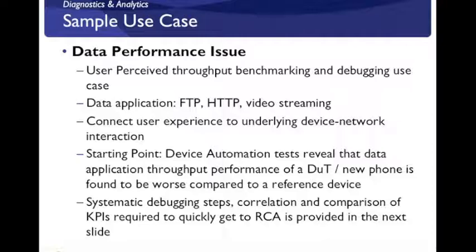A siloed look at different aspects is useful for first level debugging, but eventually by the time the device is performing in the field and one is trying to explain its performance in the field, it is almost necessary to have an end-to-end approach to testing. And last but not the least, it is important to make sure that the paradigm or the framework for testing in the field is harmonized with that of the lab. So field to lab is an example where, at least on the RF side, the testing has been harmonized between field and lab. Similarly, for device automation, diagnostics, it is important to have a harmonized framework for field and lab